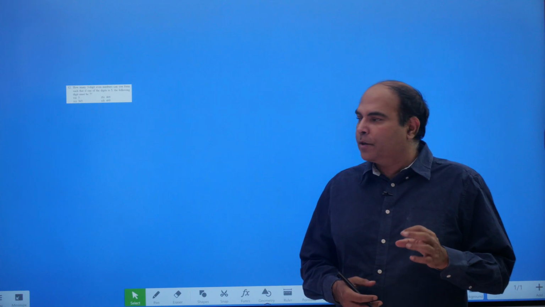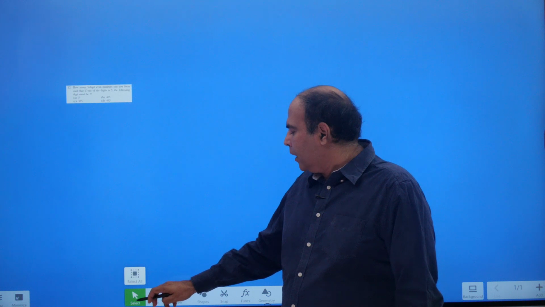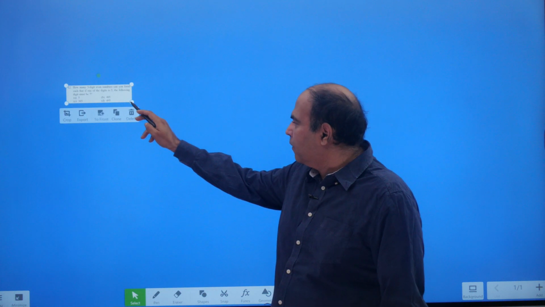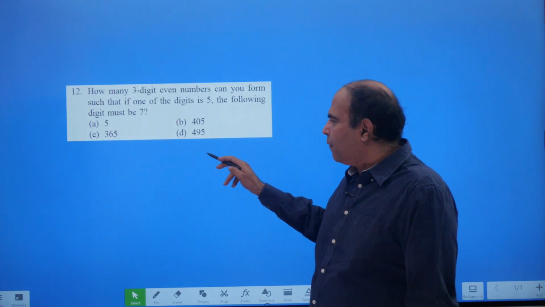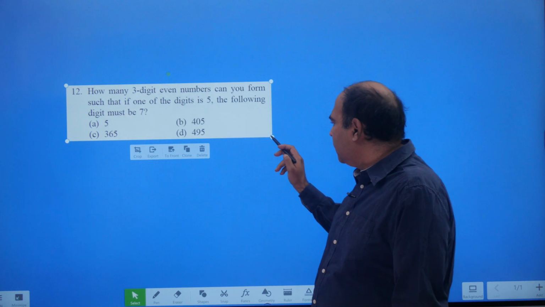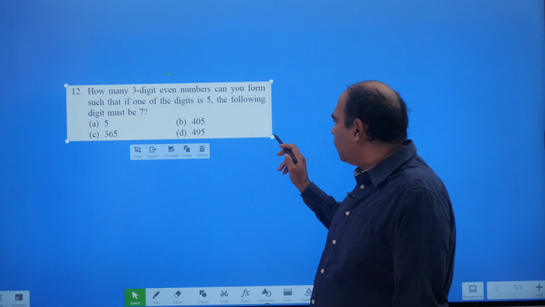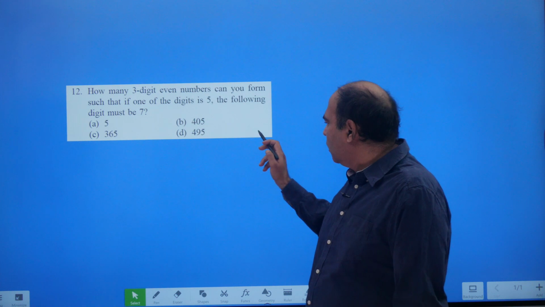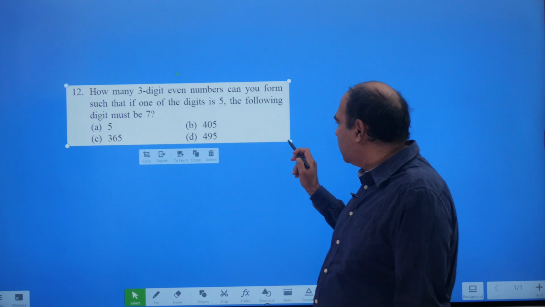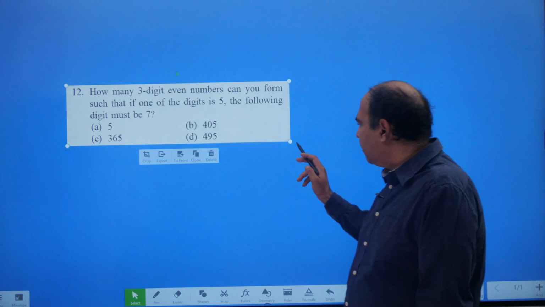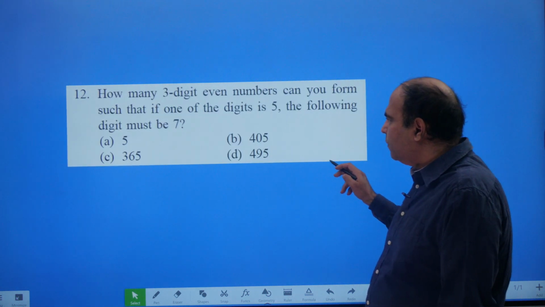But if you know permutation combination too, it would be an easier question to solve. And this is a feature of a lot of questions in aptitude exams these days, that you have cross-functional questions which keep coming all the time. So I would want you to try to solve this question first.